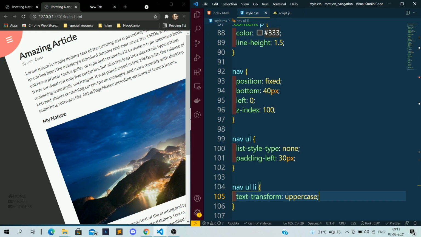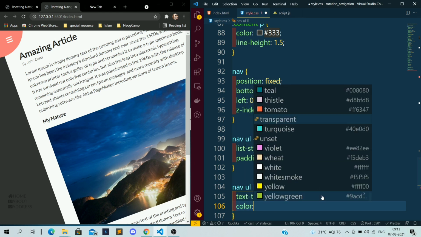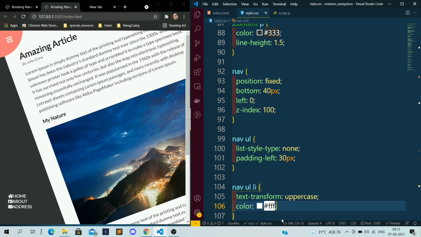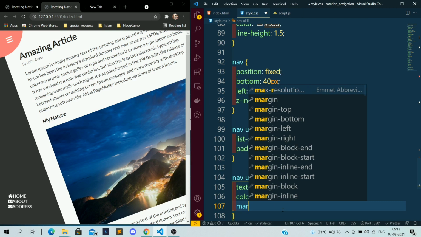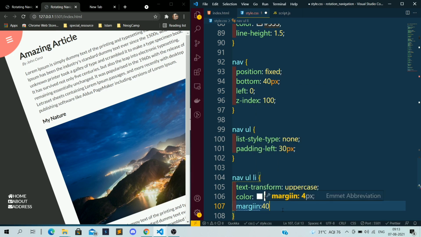You might not be able to see it, it's in the bottom left hand side, so I will make the color white. Now you are able to see. I want to give the margin from top to bottom 40 pixel and left to right 0 pixel.